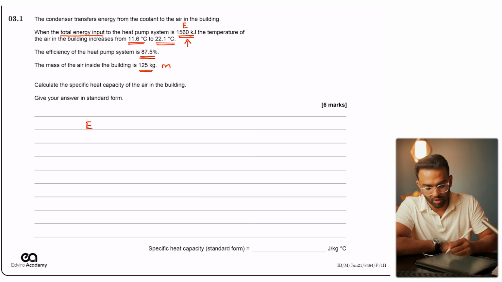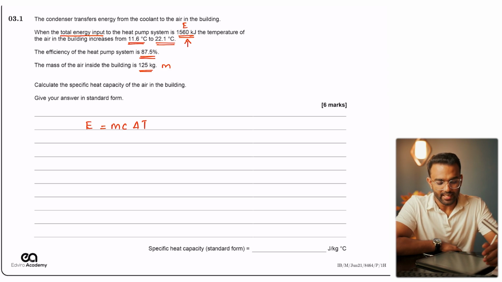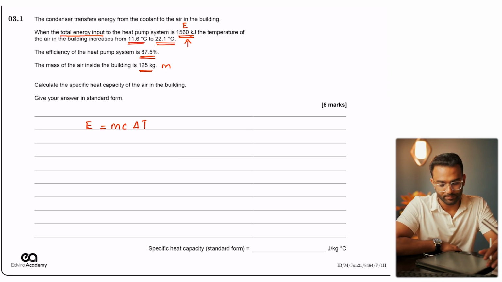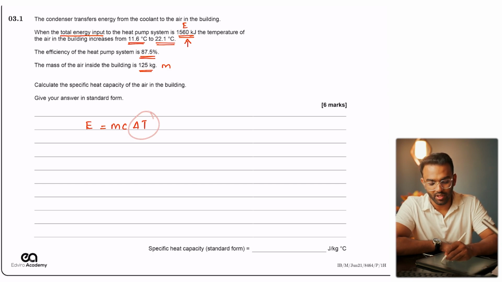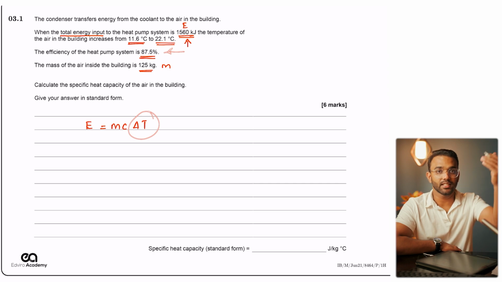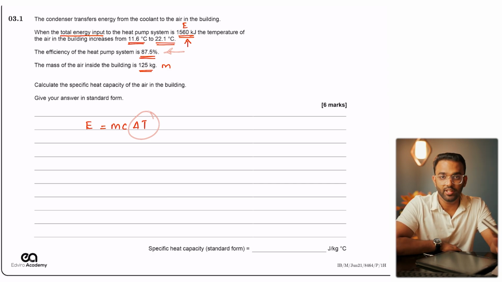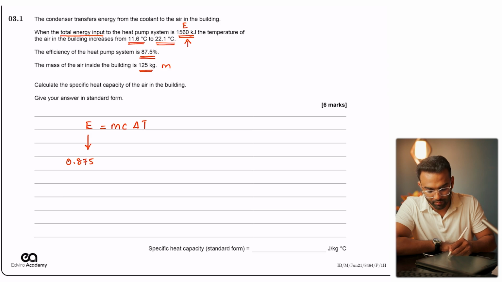So firstly, because you want to work out the specific heat capacity, E equals mc delta T. We know this formula. This is where it all began, right? Now it's a 6-mark question, so it's not going to be that easy. So we're going to do one thing. We've got to work out that the change in the temperature is caused by 87.5% of the energy, because that increased the temperature inside the building. The rest of the energy is lost as heat anyway. So what do we do? The energy we will take as 0.875, which is